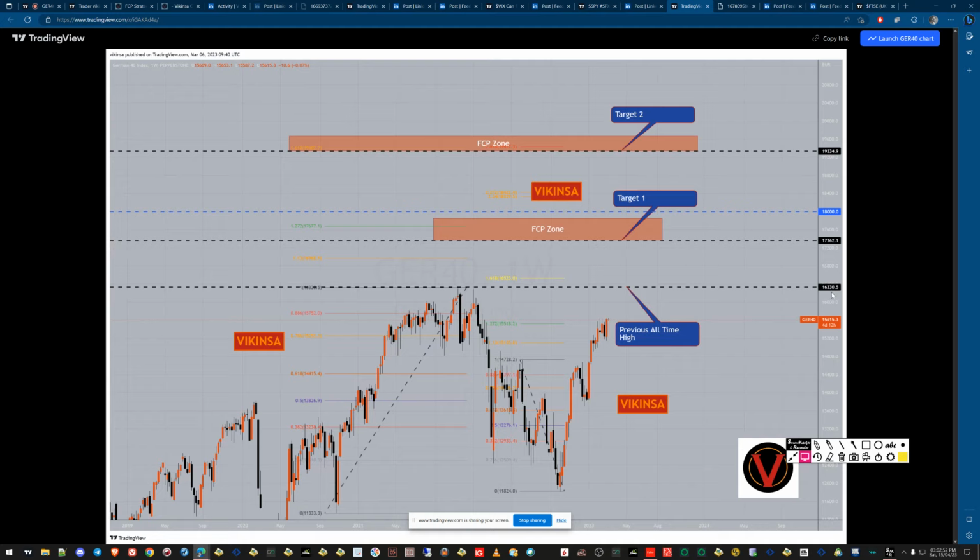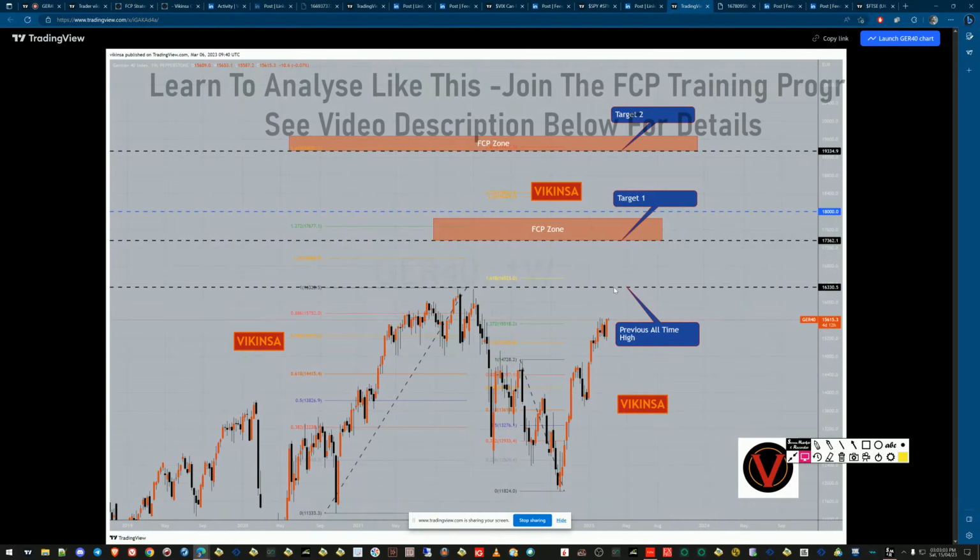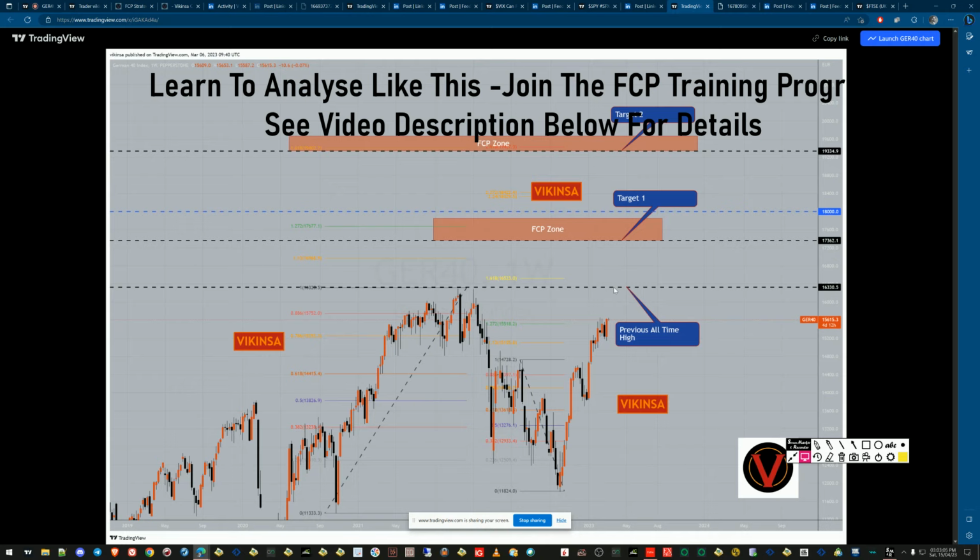Remember to check your feed, because I'm using one particular feed coming from a broker. Some of these brokers can have different feeds and different numbers. But this is what I can see. The market was here, and I expect that the market may try to go to an all-time high. And if it continues to go higher, then we have 17,362, 18,000, and 19,334. These levels or zones can be achieved on DAX 40.